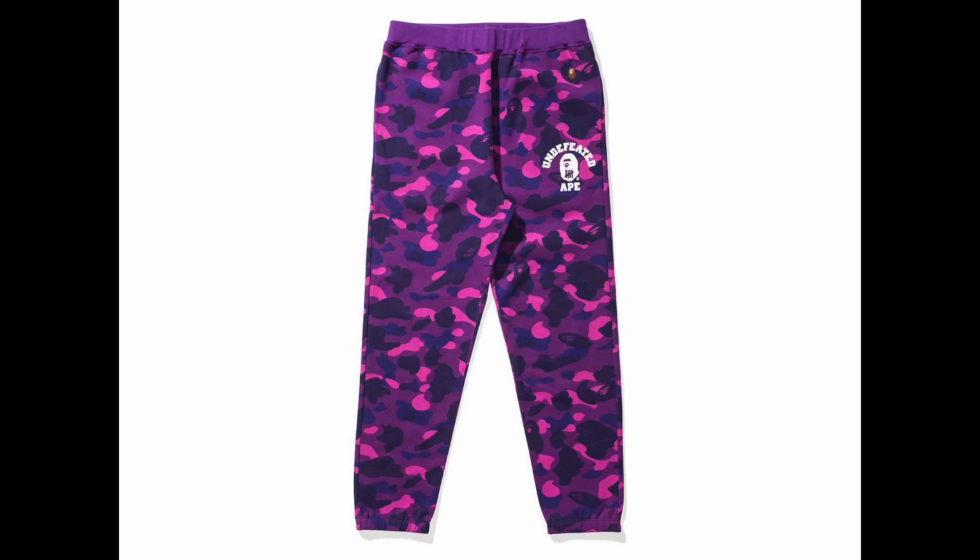One more sneaker I wanted to mention, and I wasn't going to mention this because it's really far out. It's August 17th, but I figured this sneaker was just too interesting not to talk about. There's an Air Foamposite coming out on the 17th of August, and it's got this really interesting purple pink neon colorway. I know that Foamposites haven't really been that hyped for a while, but I feel like these are a really cool colorway that a lot of people would like. I could see them going really well with those purple and pink camo Bape pants. Those would look really nice together,